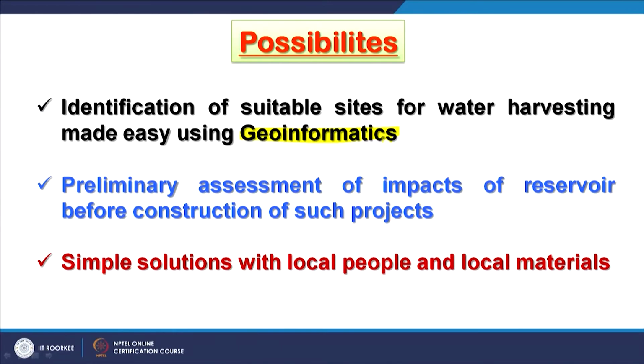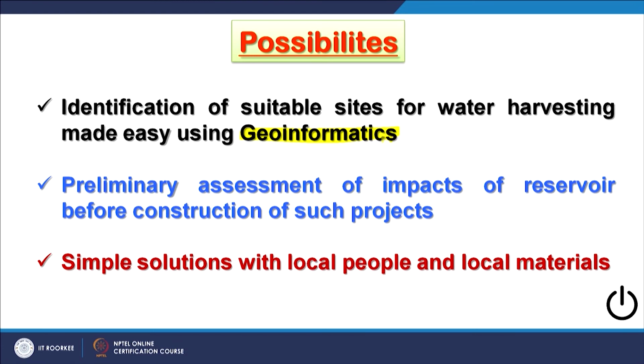So, for developing local knowledge, one needs to study the satellite images of the area where things should be implemented, because the benefits may come in a different way, as geological and topographic conditions are completely different. Therefore, local knowledge should be gained through the analysis of satellite images, and then such assessments before construction can be done. Simple solutions with local people and local material are possible to solve this groundwater problem of the country.